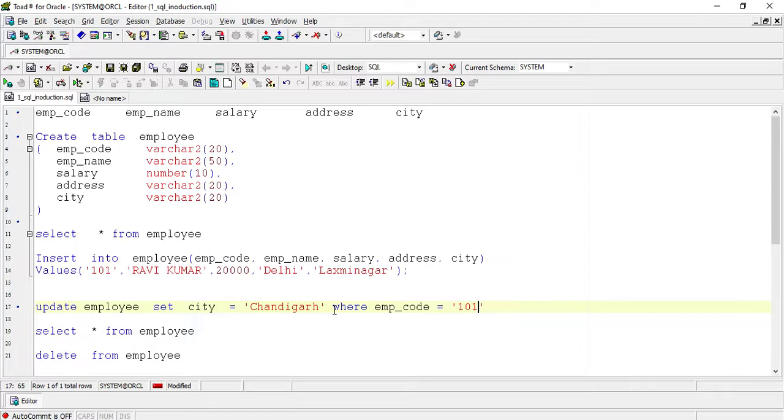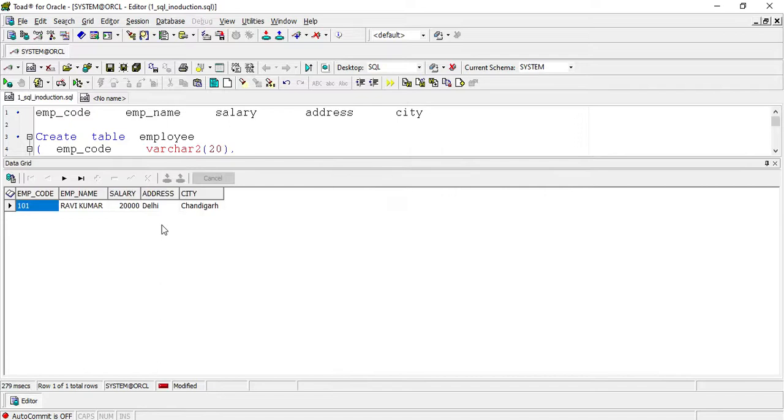So I have used a condition here. Now I will run it. Record is updated. To check whether my record is updated or not, I will run this command. Yeah, this is updated. Now city is Chandigarh.